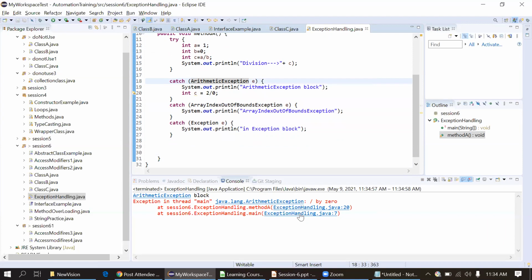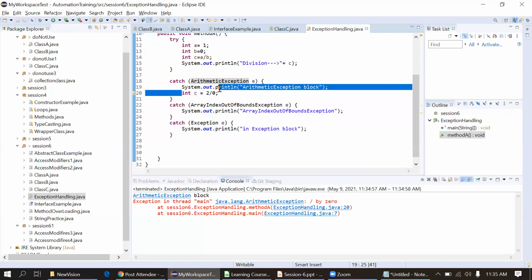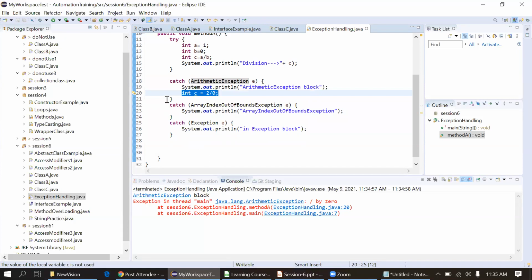Now you can see we got the exception, but where did we get the exception? It's a hierarchy actually. I will just go to line number 20. Here I got the exception. There are multiple catch blocks below this catch block, but we are not using the try keyword here in this case. That's why it got terminated abnormally. So in some cases, try also fails, catch also fails. In that case, at least some code should be executed. That's why we write finally.